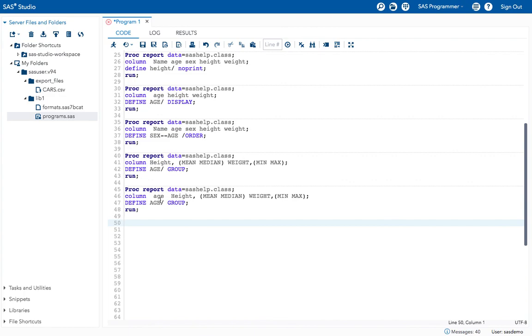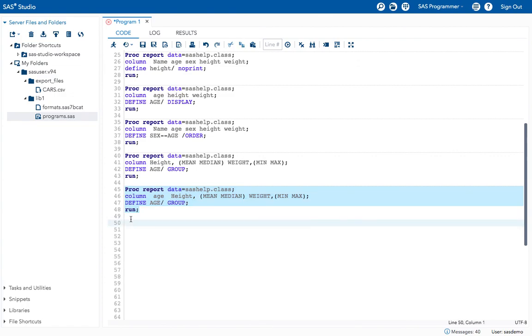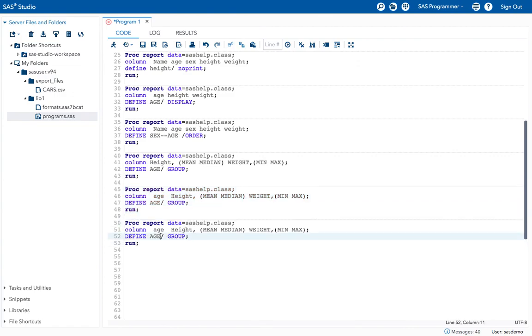Now I want to group this data based on age and sex both. By using both sex and age, I want to group the data. How can I do that? I'm taking the same. Now I want to group the data by using sex and age both. Mention that with the two hyphens, and also mention the sex variable in the column statement.